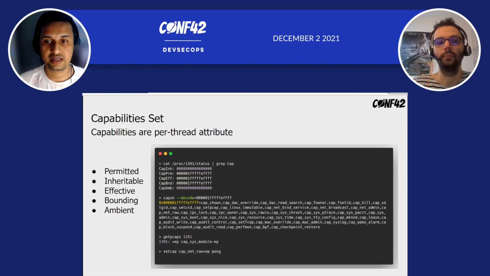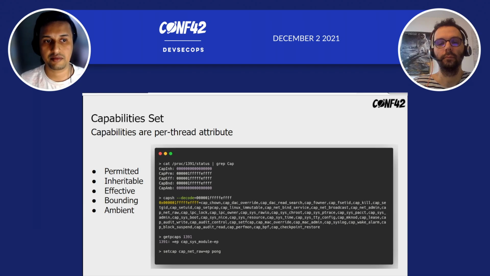Then you have the inherited capabilities, which lists the capabilities that can be inherited from a parent process. A new capability was introduced, the ambient capability, which is primarily there to preserve capabilities across execv calls. But you need to remember that if a particular capability is dropped during process execution, then when it has to be picked up again, it has to